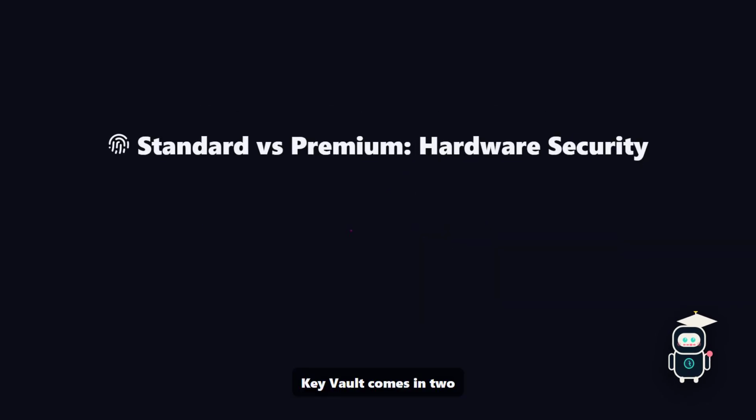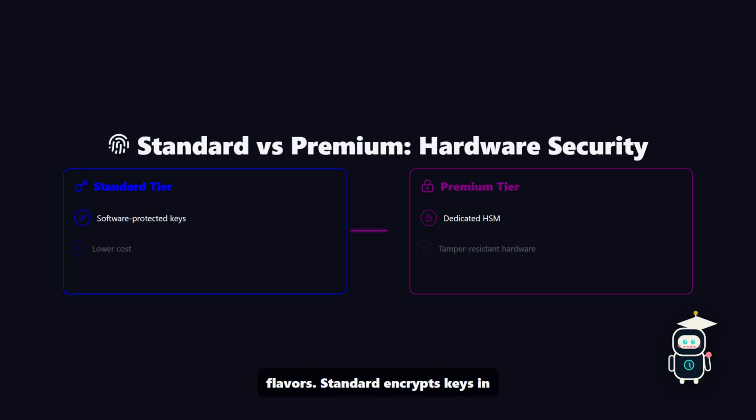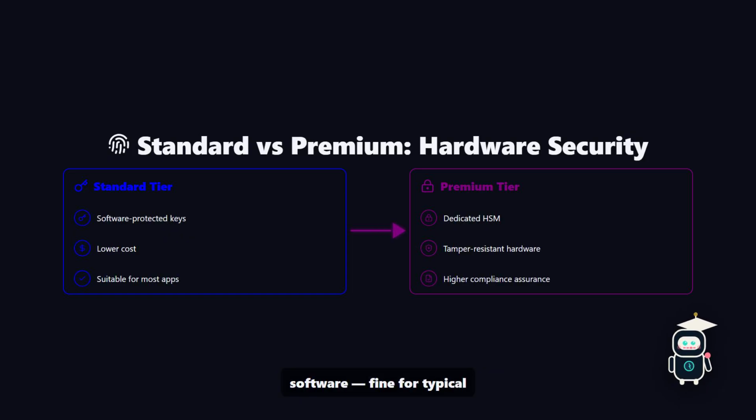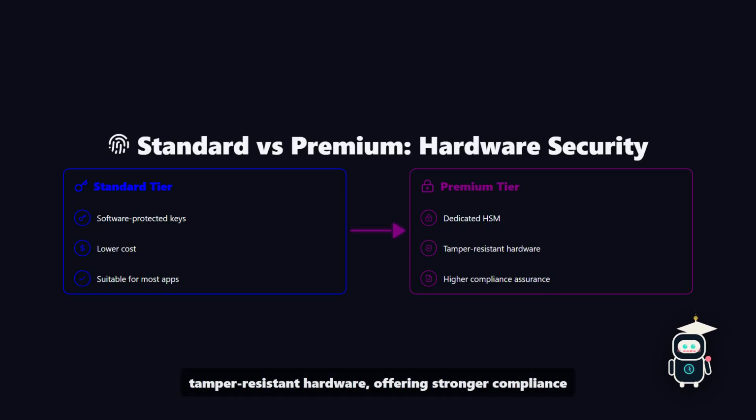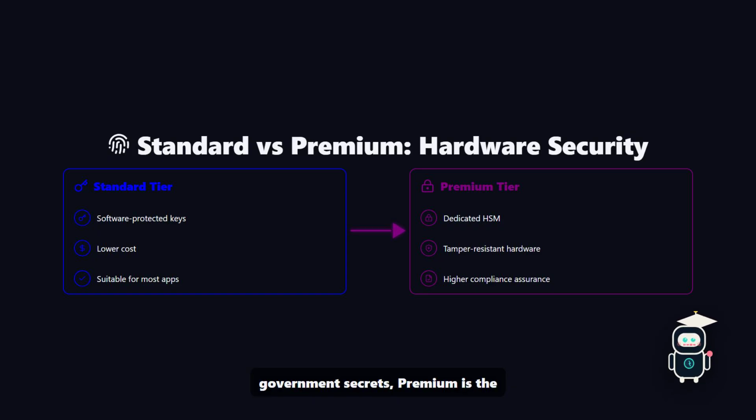Key Vault comes in two flavors. Standard encrypts keys in software, fine for typical enterprise applications. When a regulator demands the highest bar, Premium uses a dedicated hardware security module that keeps keys in tamper-resistant hardware, offering stronger compliance assurances. If your project handles credit card data, health records, or government secrets, Premium is the tier